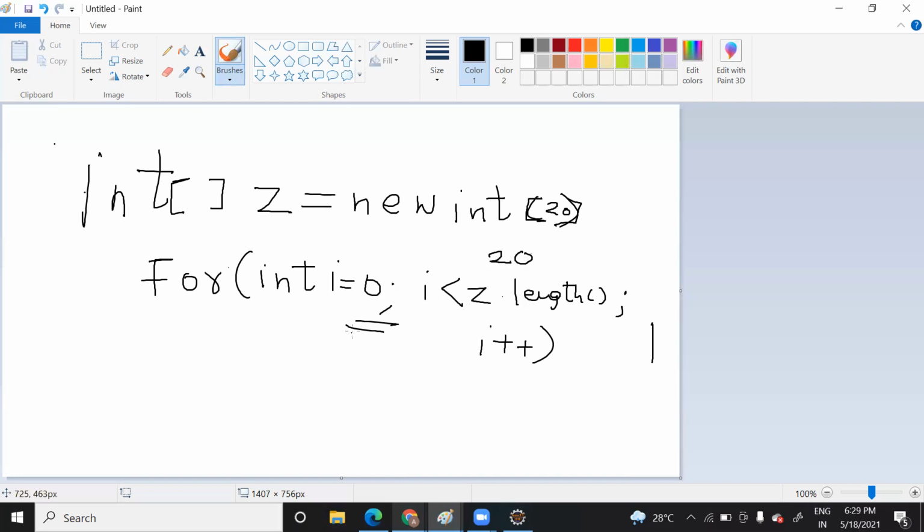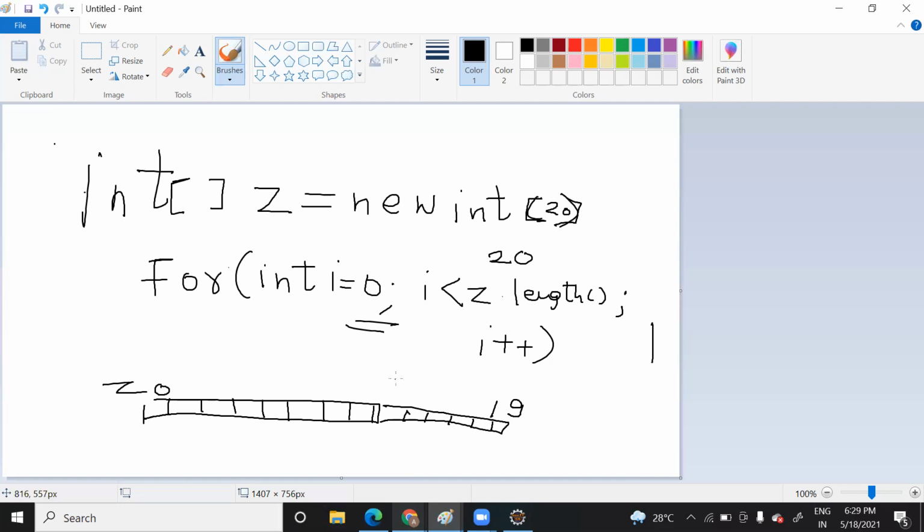Now you print starting from zero. Suppose the array looks like cells divided like this. It will be long because 20 elements are there. So starting from zero index, the last index will be 19, right? Because you want to save 20 elements. So you print 0 to 19 when you want to print in the correct order.